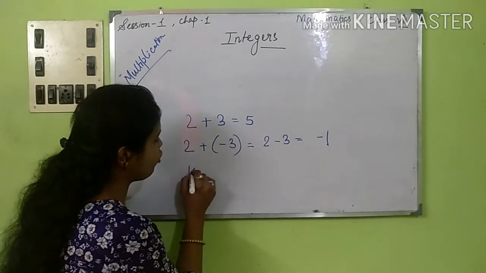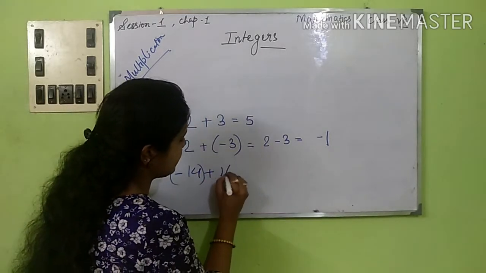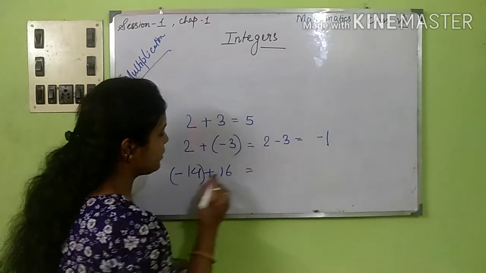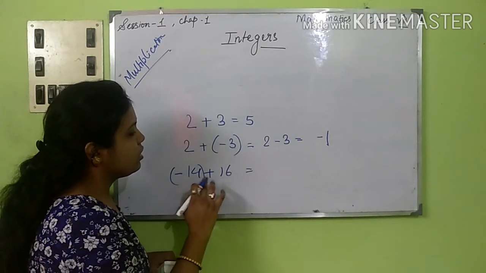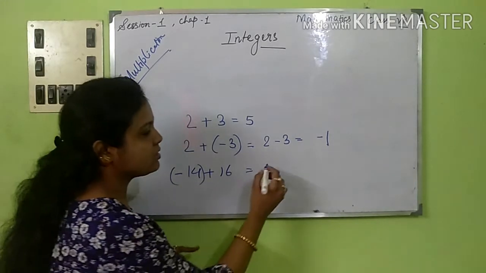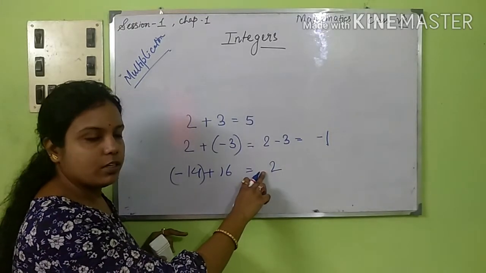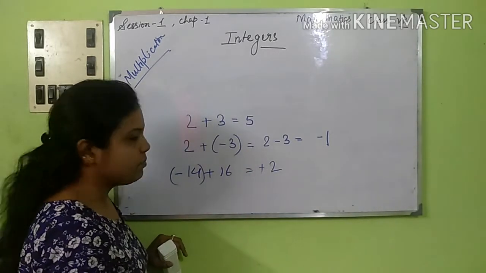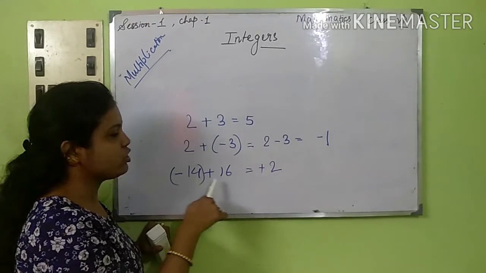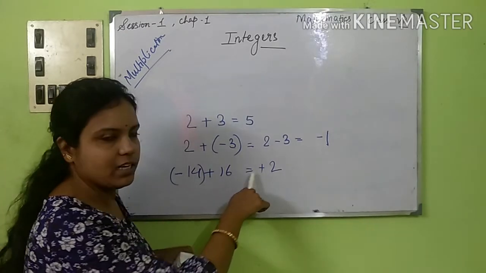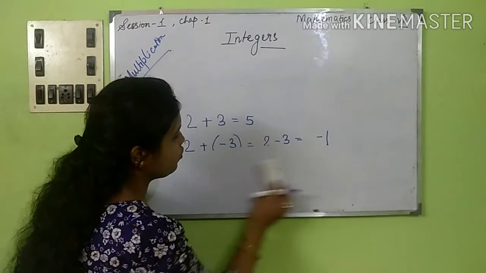Now suppose we have minus 14 plus 16. As you can understand, minus plus means you have to do the operation minus. Here we will be doing the operation minus, so the answer that we get is 2. Now what is the sign that is going to sit beside 2? That is plus 2. Why plus? Because here 16 is the greater digit, which is carrying the sign plus, but 14 is negative and smaller than 16. That is why we have the sign as plus. I hope I am very clear with this topic. Next, this was for addition.